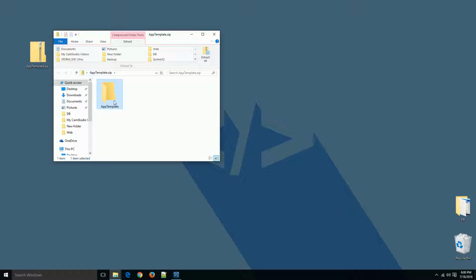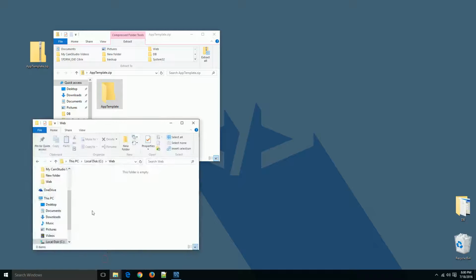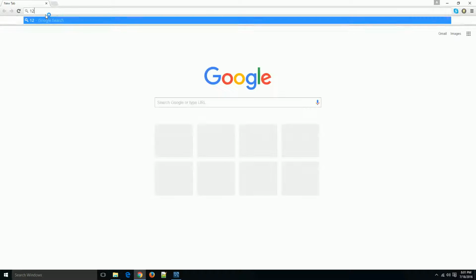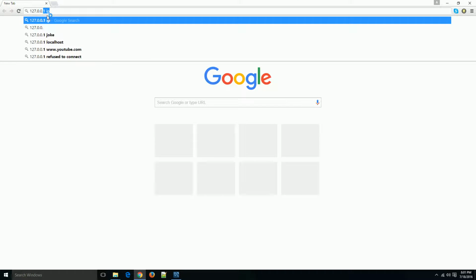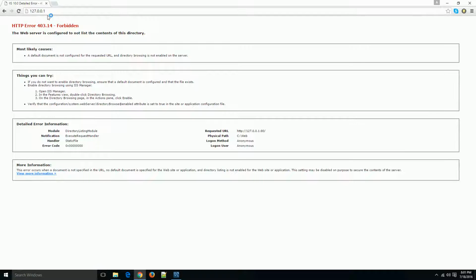If you're not familiar with PHP, go ahead and search for it, find out how to get it working in your web server environment. If you're hosted, like GoDaddy for example, it's already there and you're ready to go. Right now I'm using Windows operating system with IIS, and I've enabled PHP support for that. If I go over to my C web folder, that's where my website currently is. Let me show you. If I go into 127.0.0.1 in a browser, you can see because my folder is empty right now, it can't find a website to